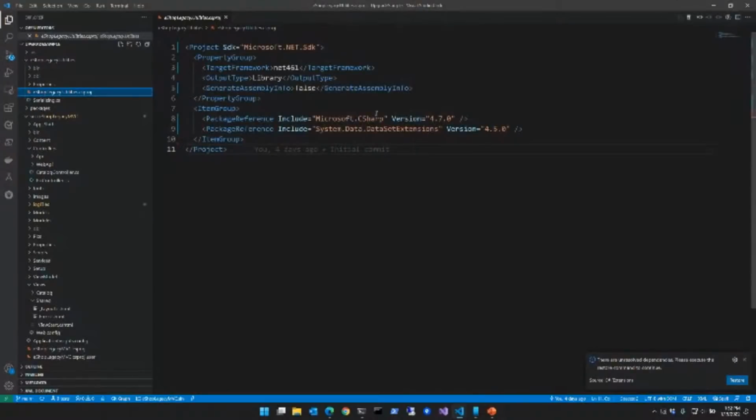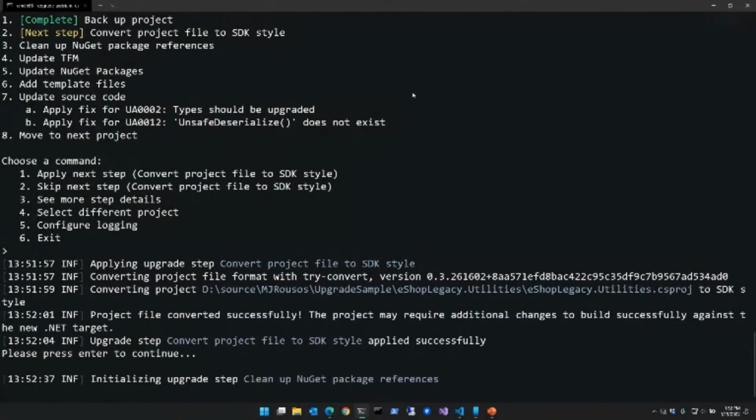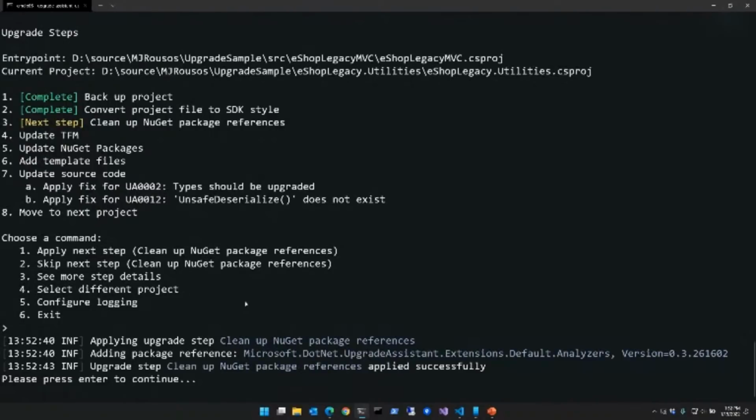So we can see that now we've got this very small SDK style project, which is great. It still targets .NET 4.6.1 because we're going to update to .NET Standard or .NET 6 in a future step. And we do that intentionally because if you look at these steps,